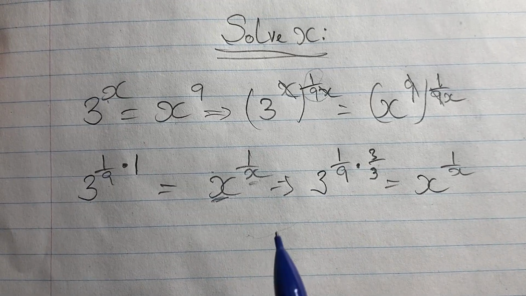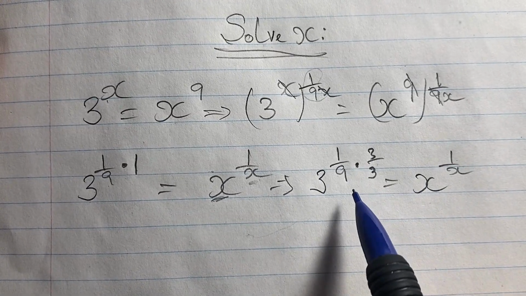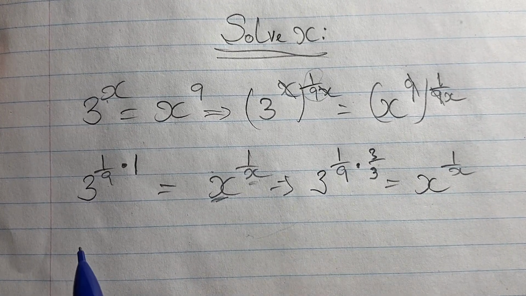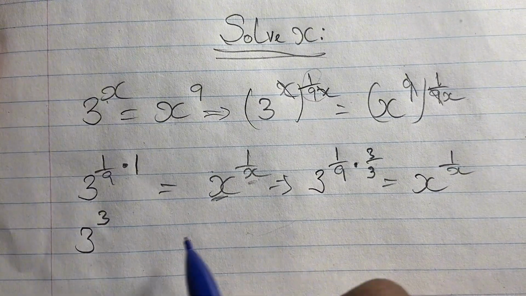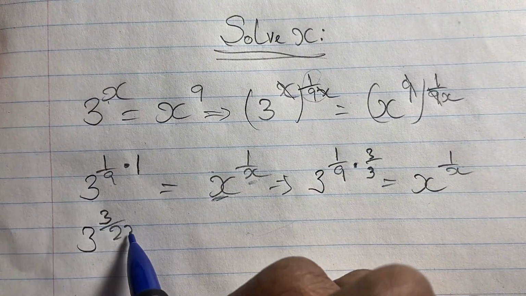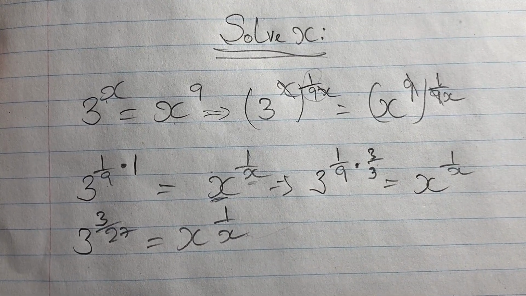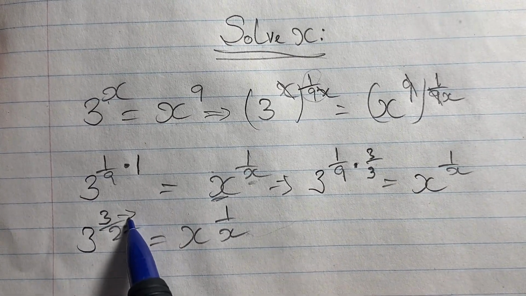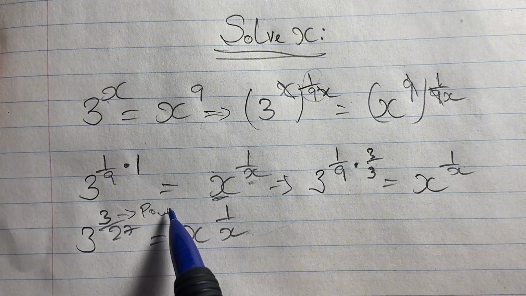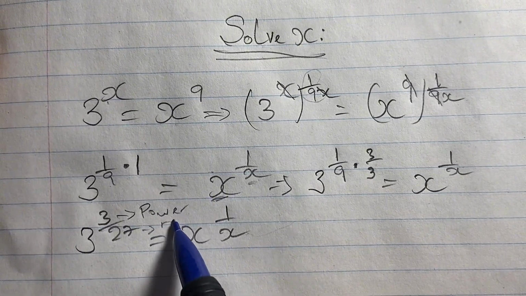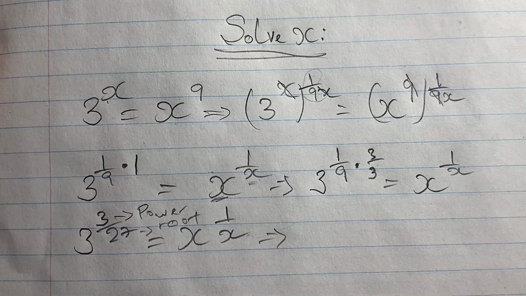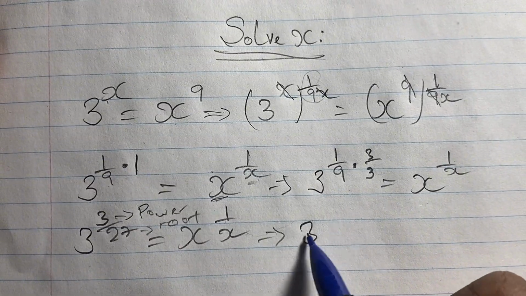So now from here we'll multiply our index by 3 over 3. So we know that 3 times 1 gives us 3, and we know that 3 times 9 gives us 27. And we know that this is still equal to x to the power of 1 over x. Now from here we know that our numerator represents the power or index, and the denominator is the root. And so therefore we know that it is safe to say then that we have 3 to the power of